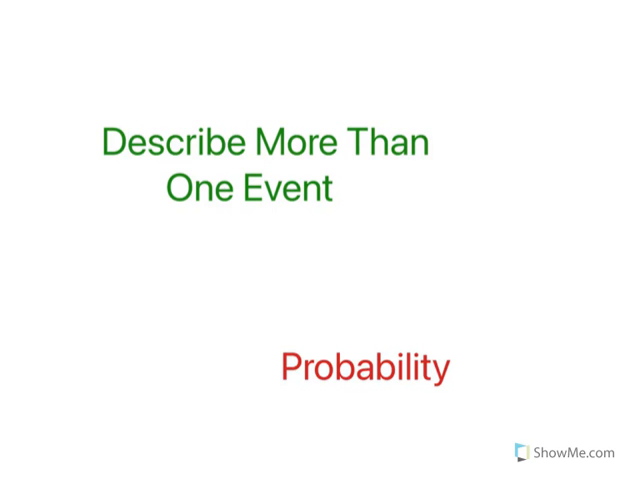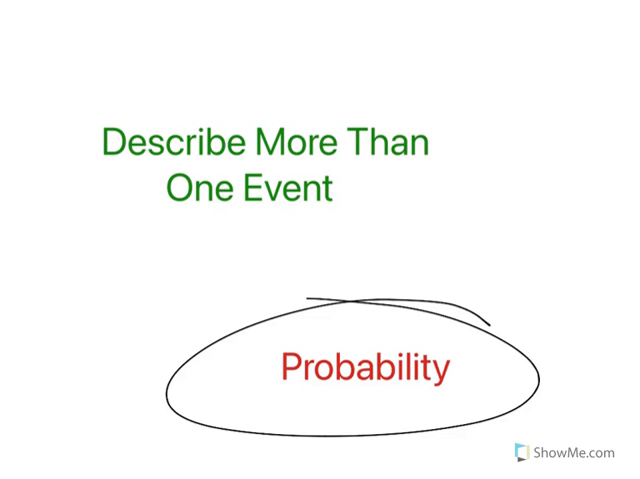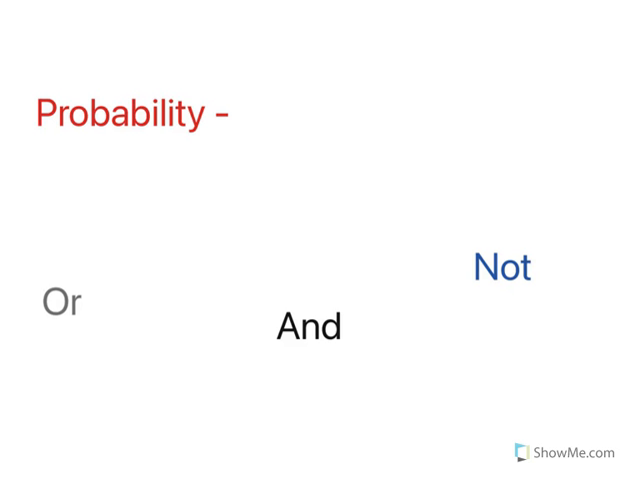Today we're going to describe more than one event. And you're saying, I'm sorry, what? Well, we're going to talk about probability. So more than one event with probability. Here we go. All right, so probability, remember, can be described in a lot of ways, but the basic definition